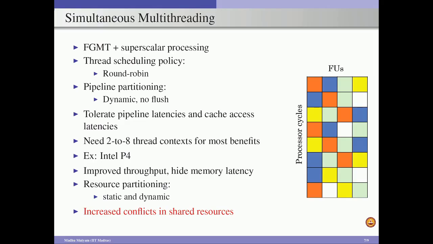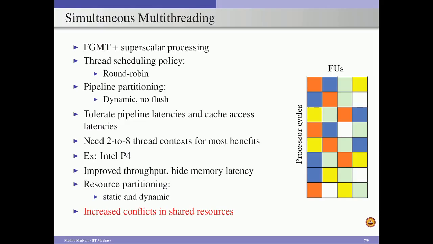So at every cycle we will look at all possible threads and see which thread can supply instructions. A thread can supply 1 instruction, 2 instructions, or multiple instructions, and as long as we find some issue slot is free, we can go to the next thread and see whether we can issue 1 instruction from that particular thread, and so on.